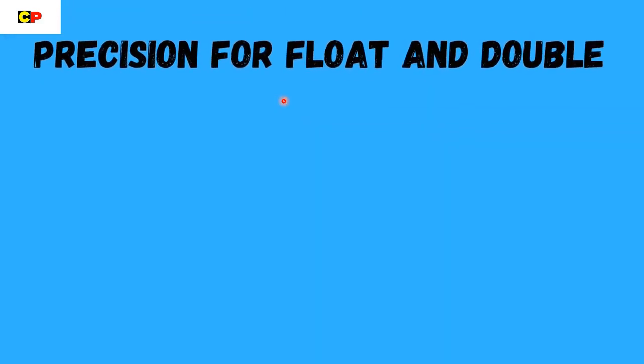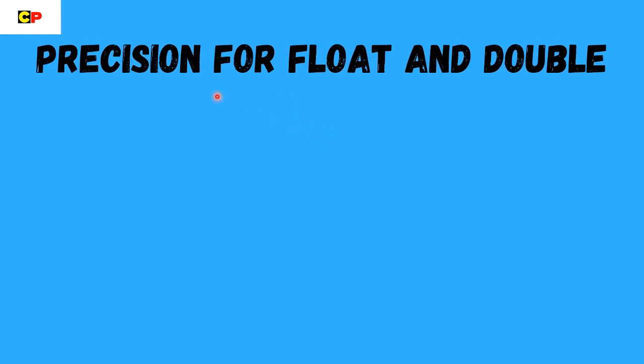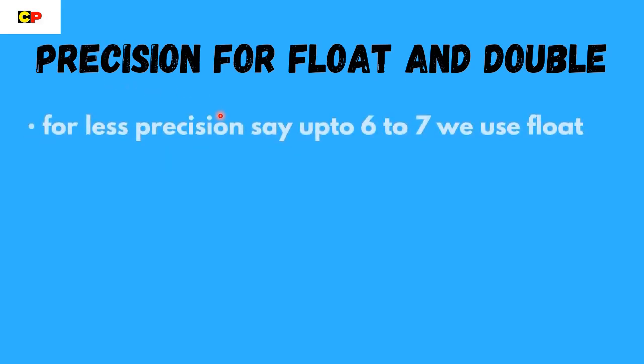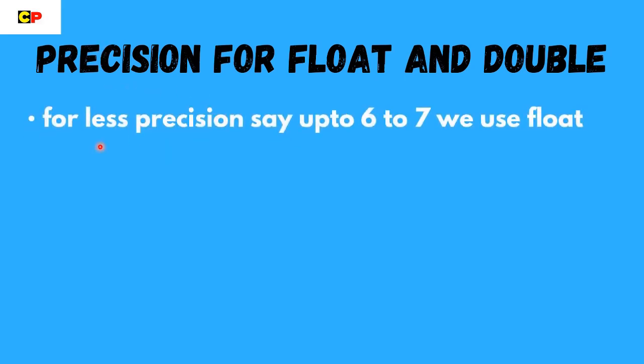The next topic is the precision of float and double. As we talked about in the overview, this is the only factor responsible for differentiating float, double and long double. These three differ from each other on the basis of precise value. So how does it differ? If you want a fractional number with less precision, then you can use float,